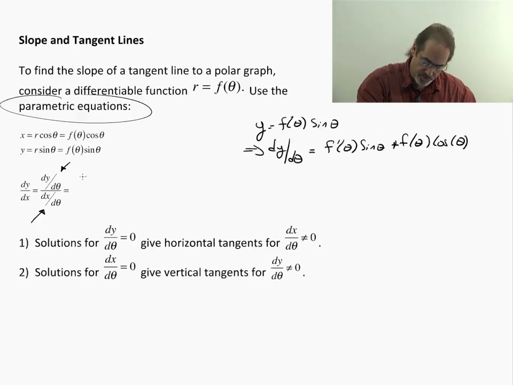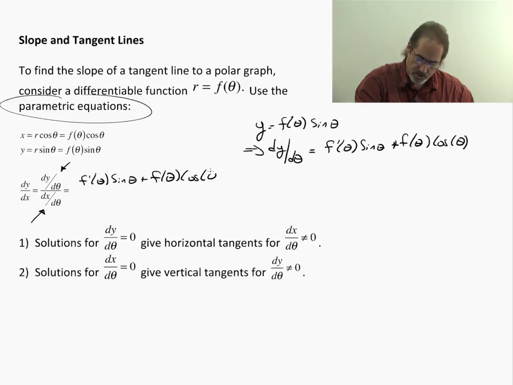So this is going to be f prime of theta sine theta plus f of theta cosine of theta divided by, well, if x is f